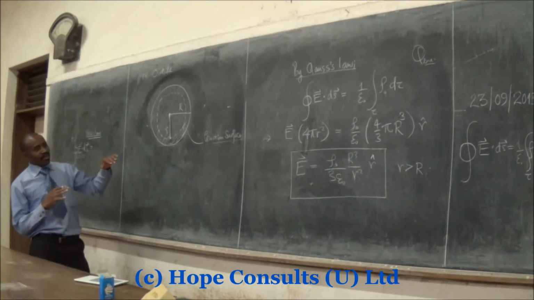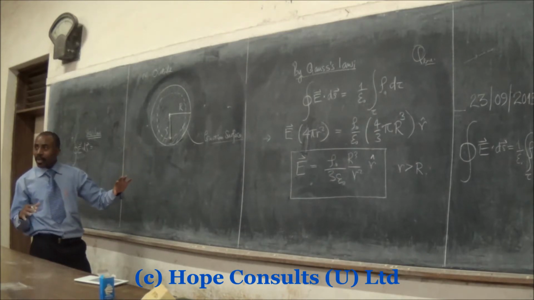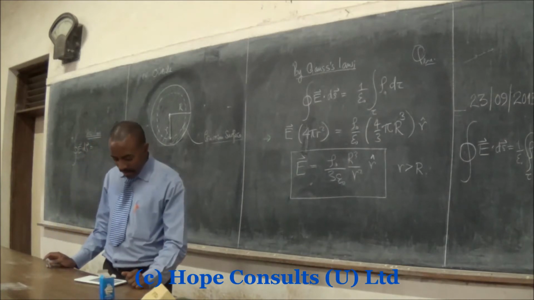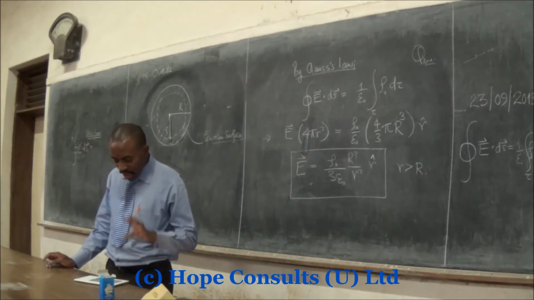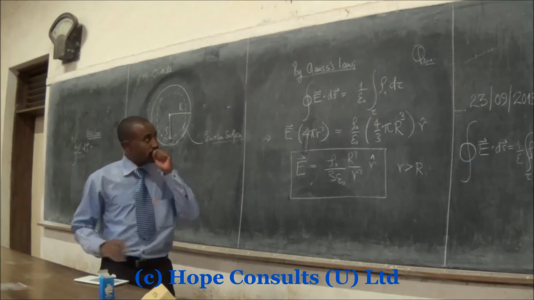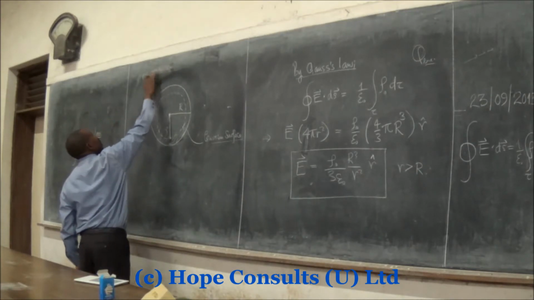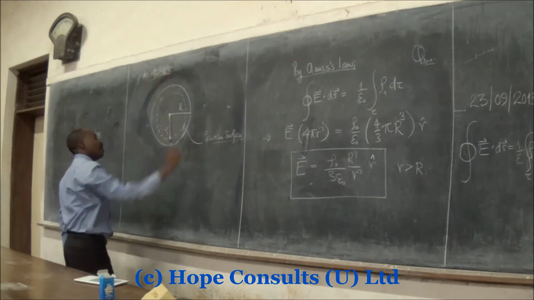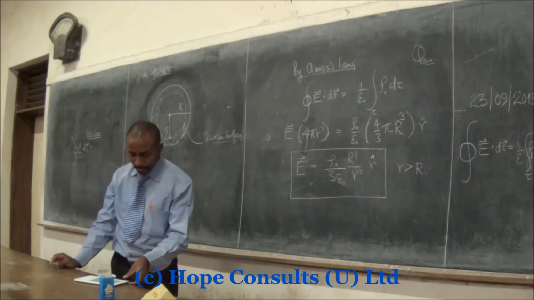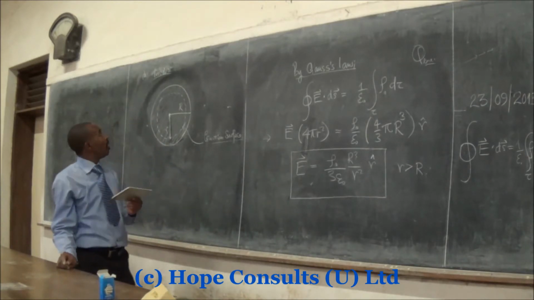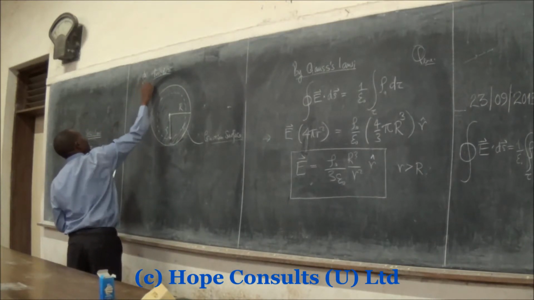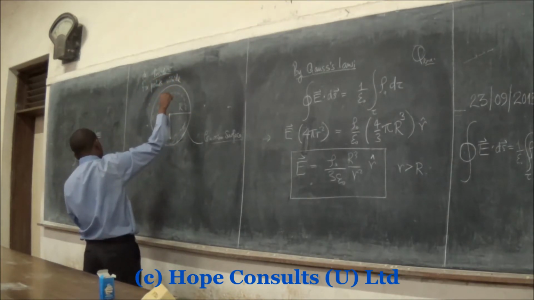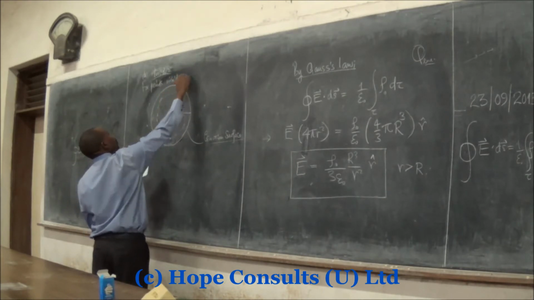So if my Gaussian surface is inside and I've chopped off some stuff, I'll still apply Gauss's law. And when I apply Gauss's law, the only change that I will get is that this now is inside. So B, this is inside. So for points inside the spherical distribution,